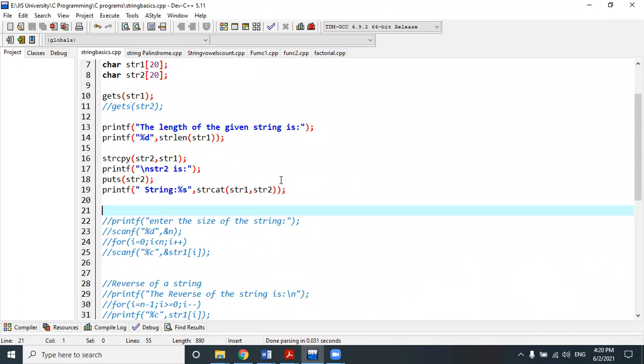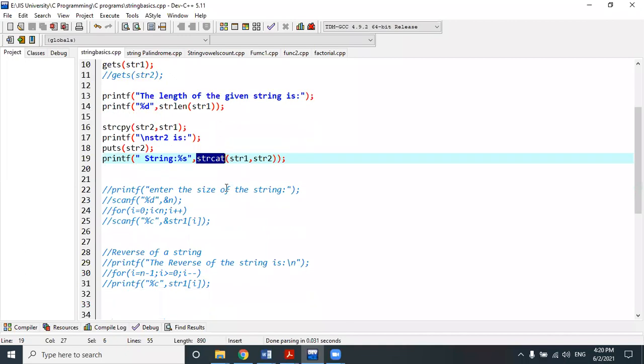Then you cannot use these system-defined functions, and you have to do the same job by writing code, which I have already shown in the last class: calculating the length of a string, copying one string to another character by character using a character array.